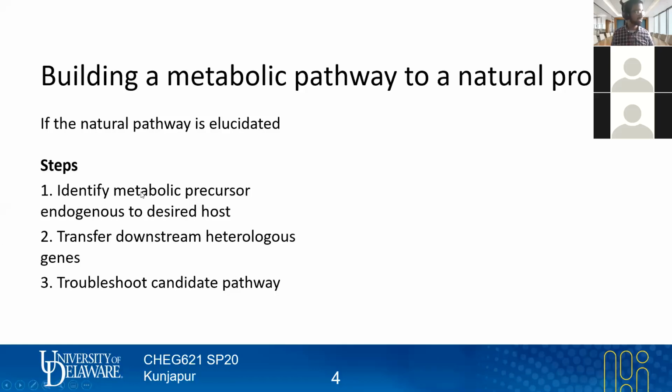And then this is still really oversimplified because there might be a variety of challenges that you have in trying to express those proteins correctly. There might not be the right cofactors available for those steps. Those might be localized to the wrong part of the cell. And so there's potentially a ton of troubleshooting that may need to be done here. And that generally has to do with how, from a phylogenetic standpoint, how distant is the organism that has that pathway from the organism that you want to have the engineered